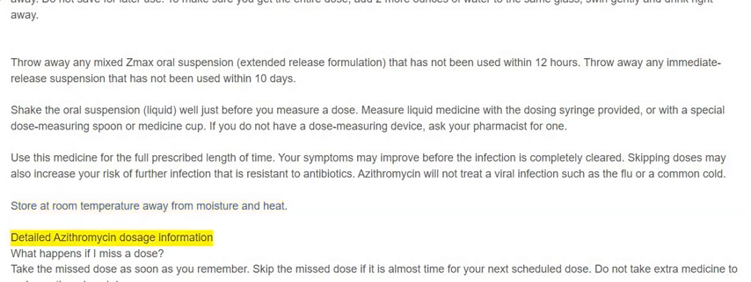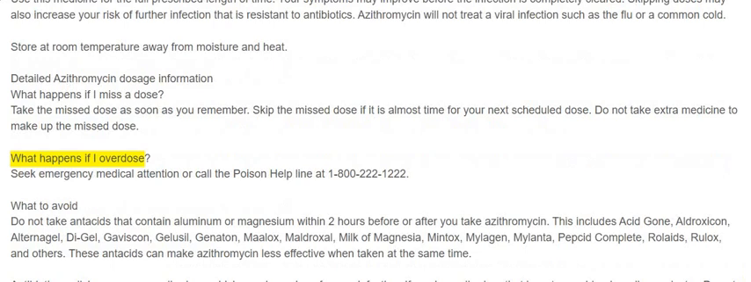Detailed azithromycin dosage information. What happens if I miss a dose? Take the missed dose as soon as you remember. Skip the missed dose if it is almost time for your next scheduled dose. Do not take extra medicine to make up the missed dose. What happens if I overdose? Seek emergency medical attention or call the poison helpline at 1-800-222-1222. What to avoid? Do not take antacids that contain aluminum or magnesium within 2 hours before or after you